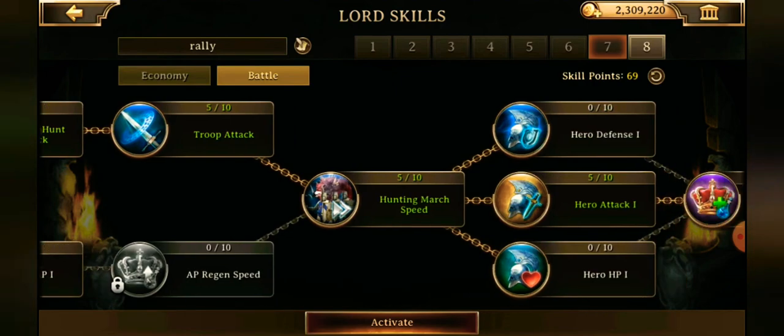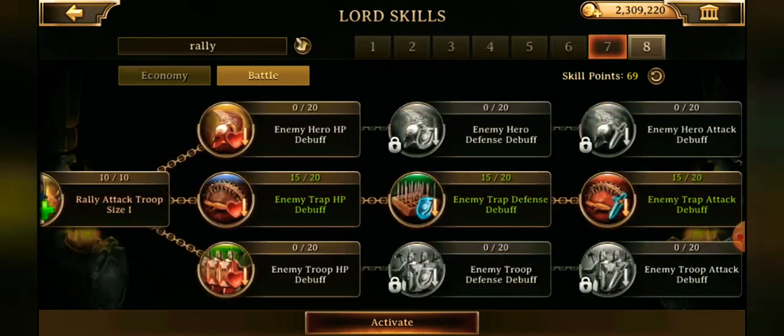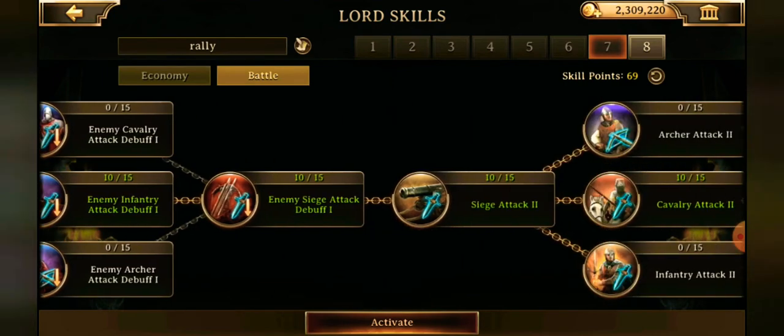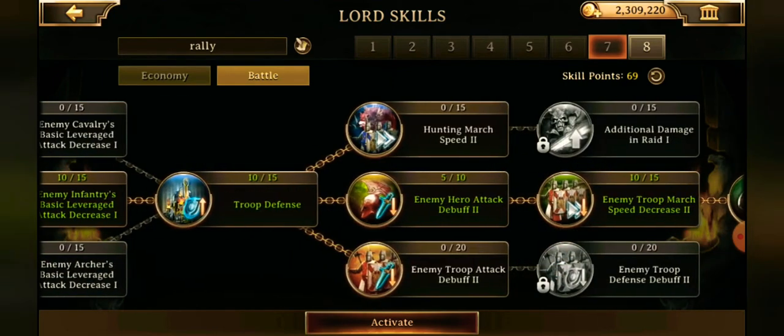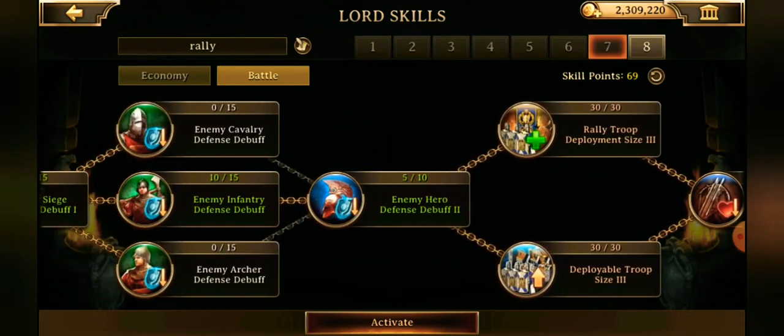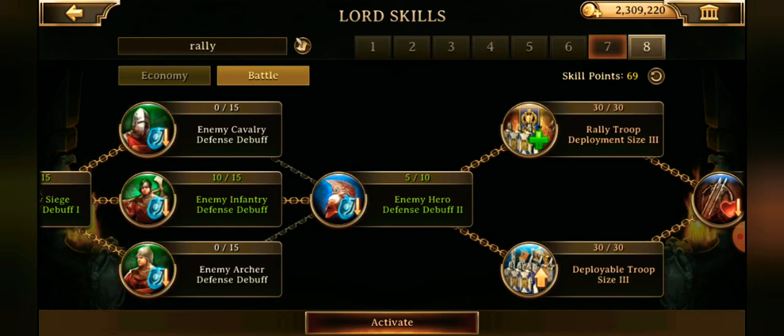For rally size, it's pretty self-explanatory. I went all the way down to deployable. I always want to say deplorable. Deployable troop size, rally deployable troop size 3. Once I got that, I filled up 2 and then 1. And then also did the deployable troop size 3, 2, and 1 as well, so that when I am hitting my rally or filling up the rallies, I'm getting the largest march possible in there before I swap over to my attack